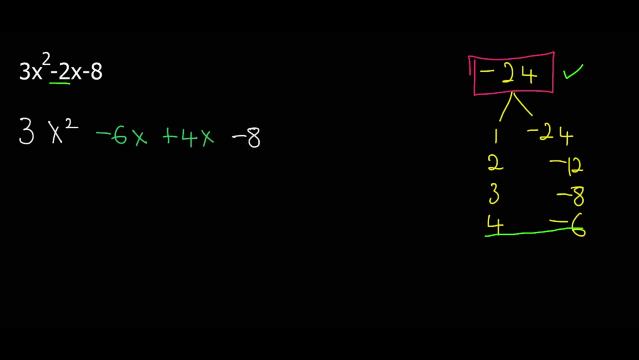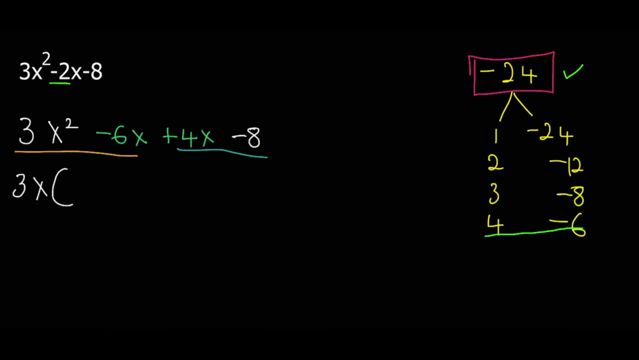and then we group our first two terms and then we group our last two terms. And remember the order doesn't matter. We can group 3x squared with 4x because we will still have a common factor of x and x. And then from here we take out our common factor. For 3x squared minus 6x, our common factor is 3x, and